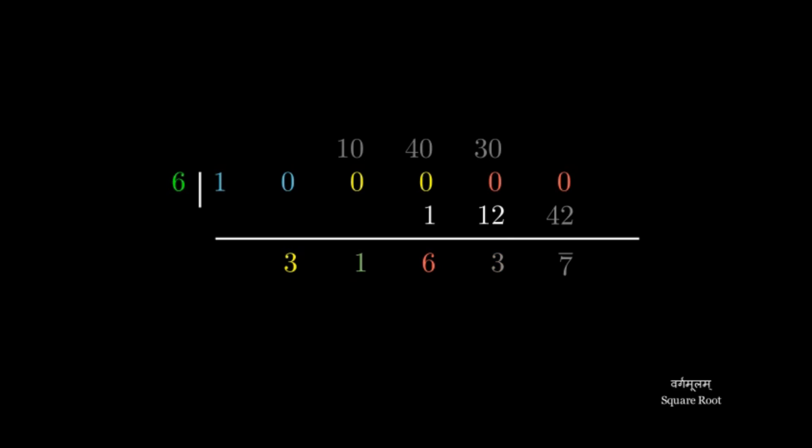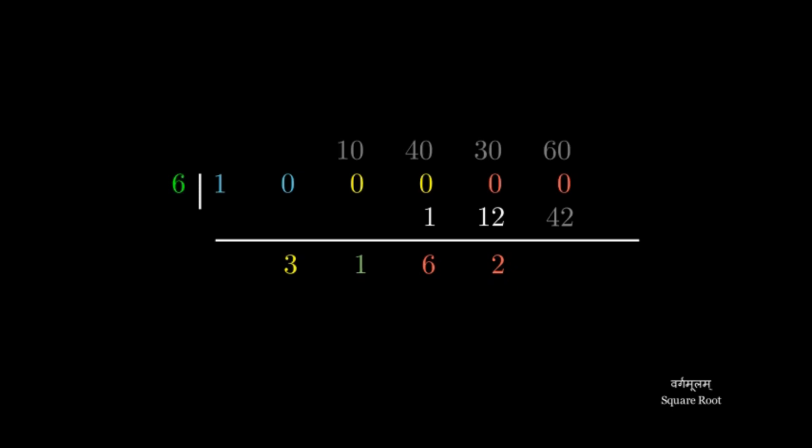So we backtrack here. Going back to the last step, 30 minus 12 equals 18. Divided by 6, we take 2 as quotient and remainder 6 multiplied by 10, 60 is carried over to the next column. And we apply the operator on 162 and the result 40 is subtracted from 60. Result 20 divided by 6, we get 3 as quotient and remainder 2 multiplied by 10, 20 is carried over